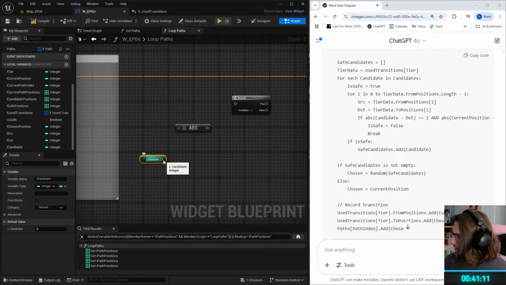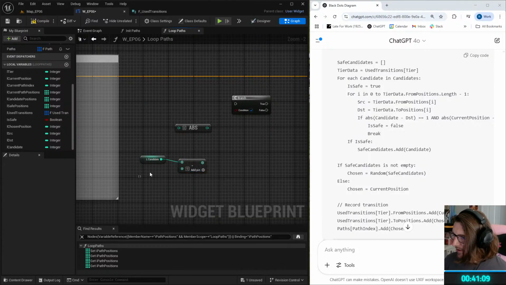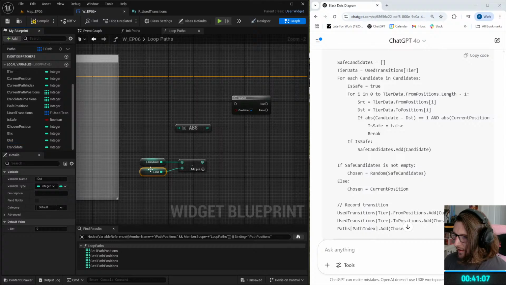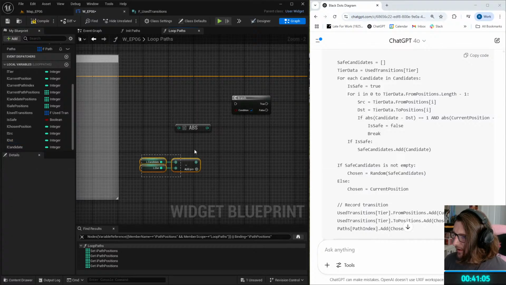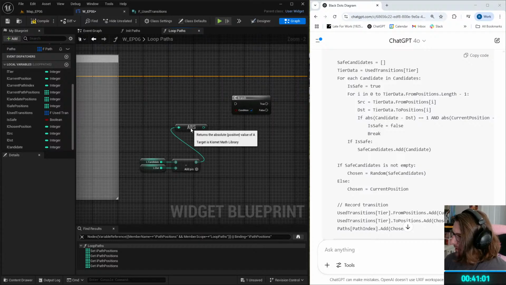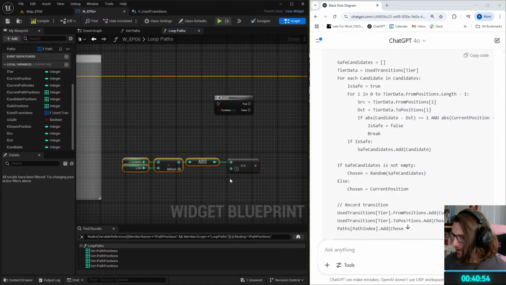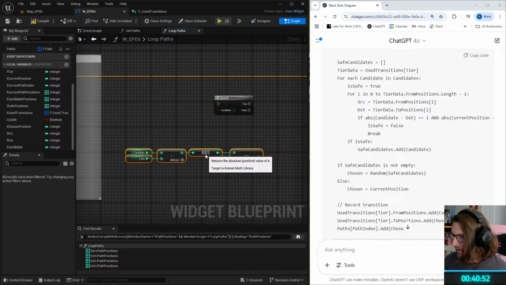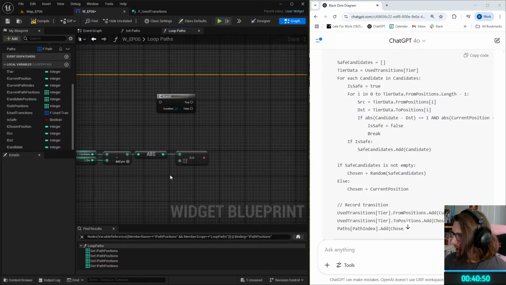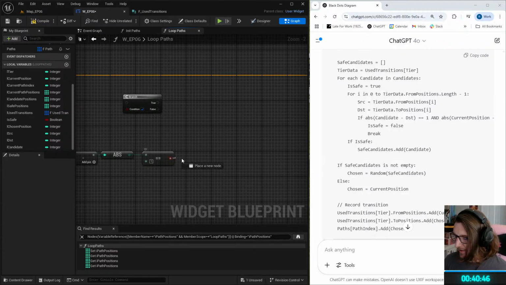If the candidate minus the destination, absolute of that is within one range, basically. If the distance between these two is 1. If it's 0, it doesn't matter. If it's 1 and